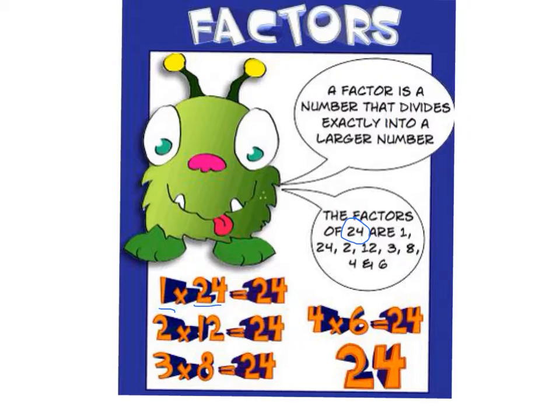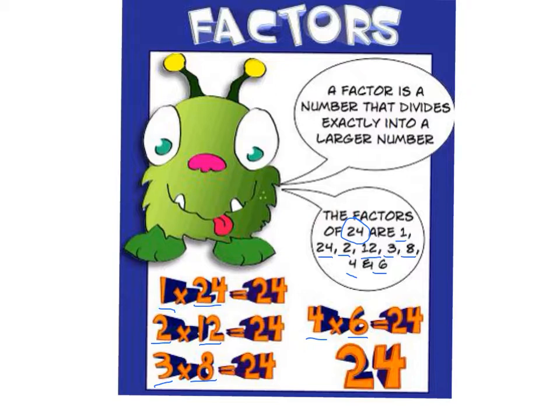1 times 24 is 24, so 1 and 24 are numbers that will go evenly into 24. 2 times 12 is 24, so 2 and 12 are numbers that will divide evenly into 24. 3 times 8 is 24, so 3 and 8 will divide evenly into 24. 4 times 6 is 24, so 4 and 6 will